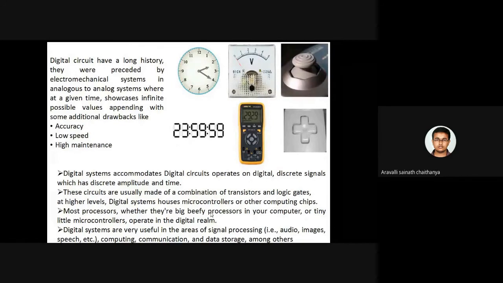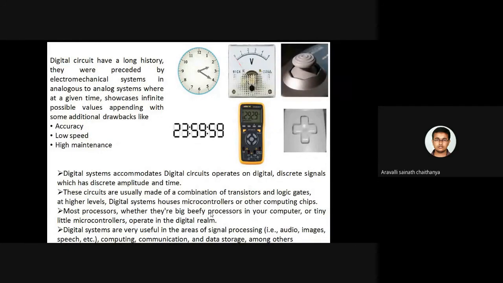For example, if I want to design a microprocessor or a microcontroller, I cannot simply pick and place a large number of transistors. I require many different modules. For example, if I am going to develop a processor, it requires an arithmetic logic unit, a control unit, a memory unit. All these things come into the picture. Okay, so all these modules are developed whenever a combination of different alignments of transistors or logic gates takes place in order to realize different modules.